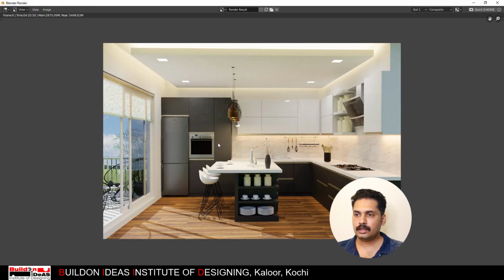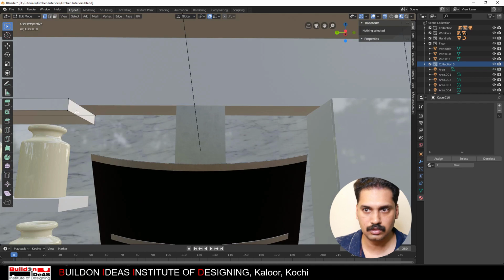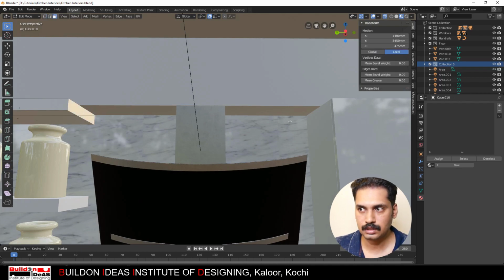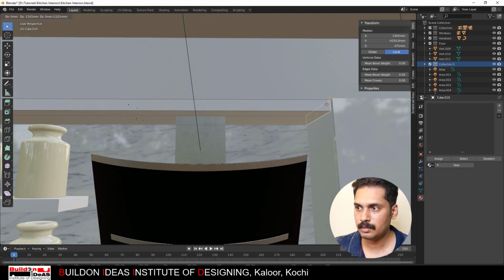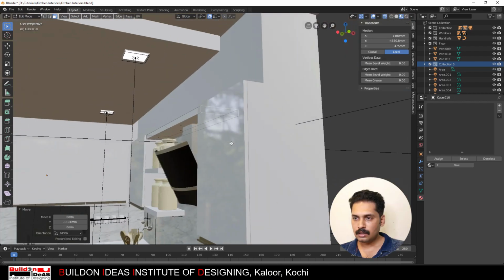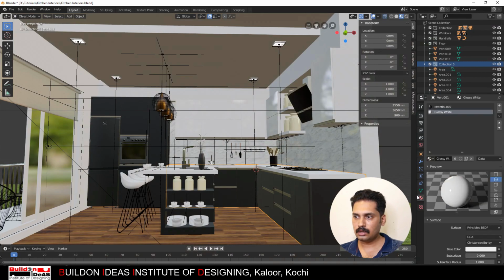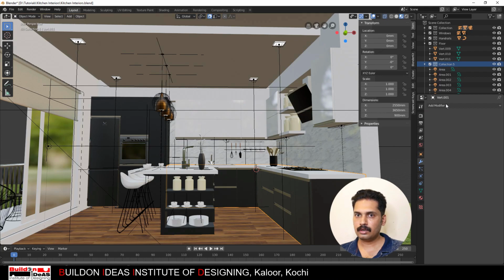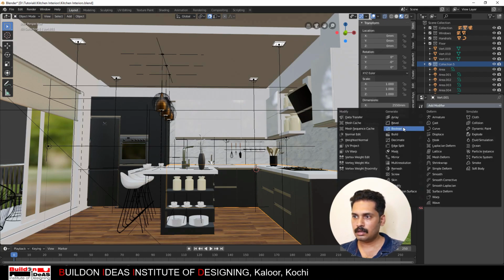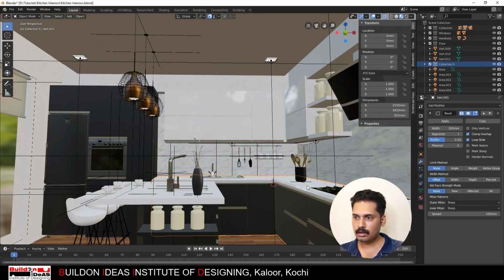Okay, I think it looks fine. Only thing is I'll just extend these LEDs to here, as a final touch, and then I'll just go to the edit tab, select this face, and then grab it to this end. I think we'll do one more thing, to select this one and then go to this modifier and then give a bevel of 10 millimeter and maybe